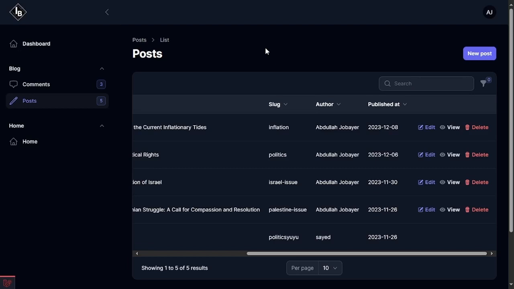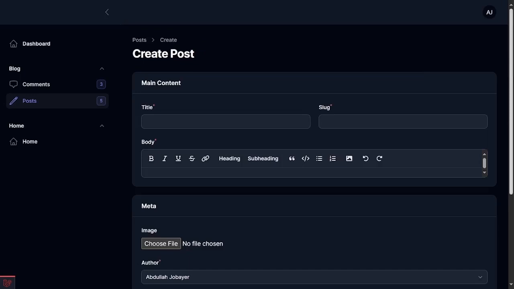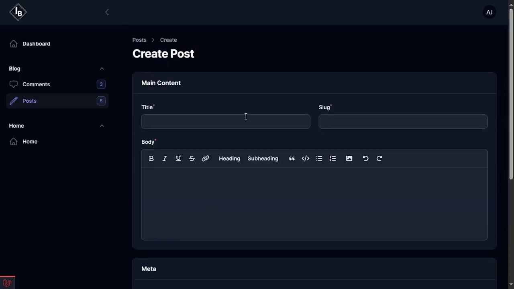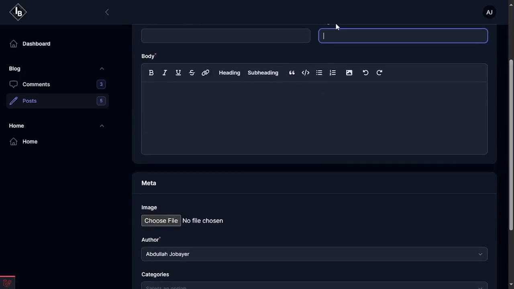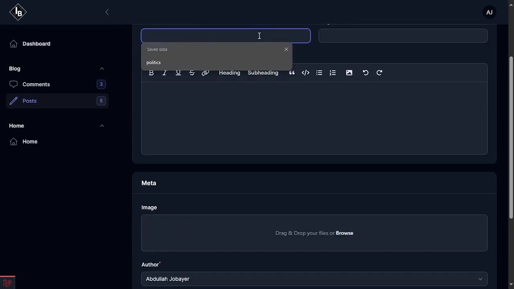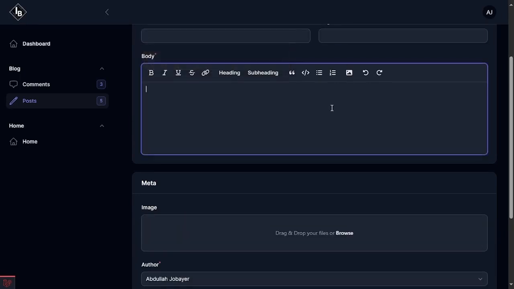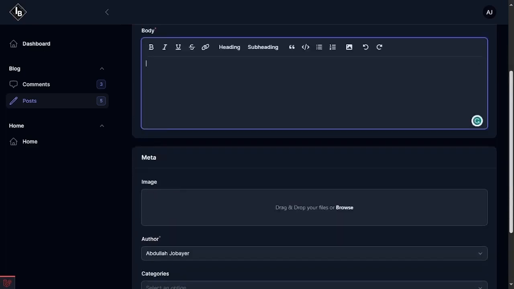You can go to the documentation and get all of the things, right? So I can create a new post, and I have created a dedicated video on Filament, so you can check that out, right? I can click on new post, and you can create a post. So title, slug, and all. The slug is automatically generated, so if you click here, the slug will be auto generated, and you can change that also, right? So you can add the body section,